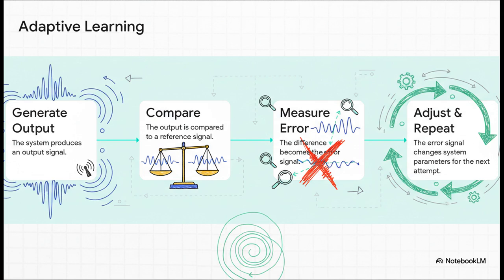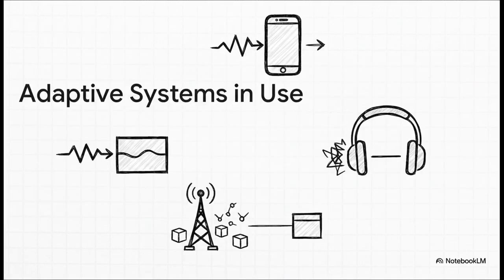And 4, it uses that error to tweak its own settings, and then it just tries again. That's it. That is learning, boiled down to an algorithm. So where do you see this stuff? Oh, it's everywhere. This is the tech that cuts through the noise in sensitive equipment, that cleans up distorted signals for your phone calls, and, bringing it right back to our first question, it's the secret sauce that powers the active noise control in your headphones, constantly adapting to the sounds around you to create that sweet, sweet silence.